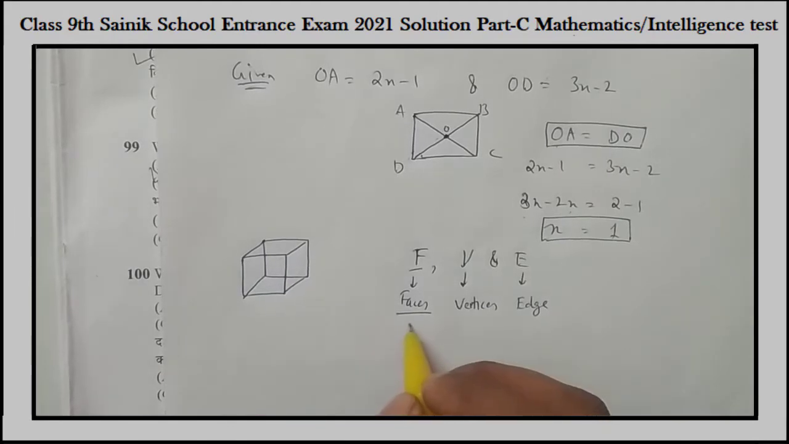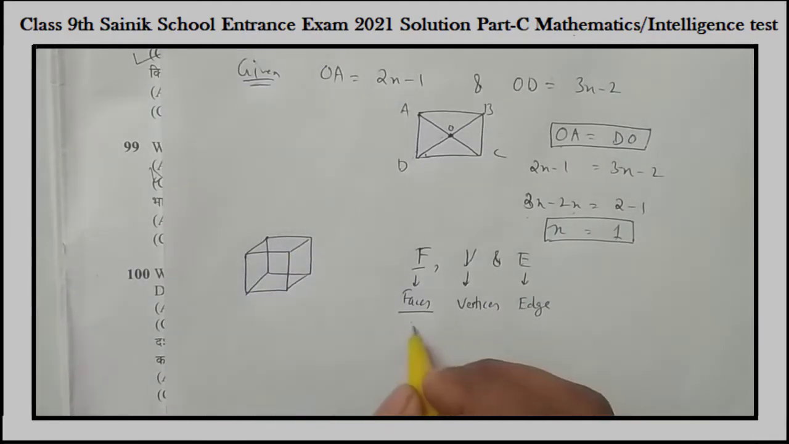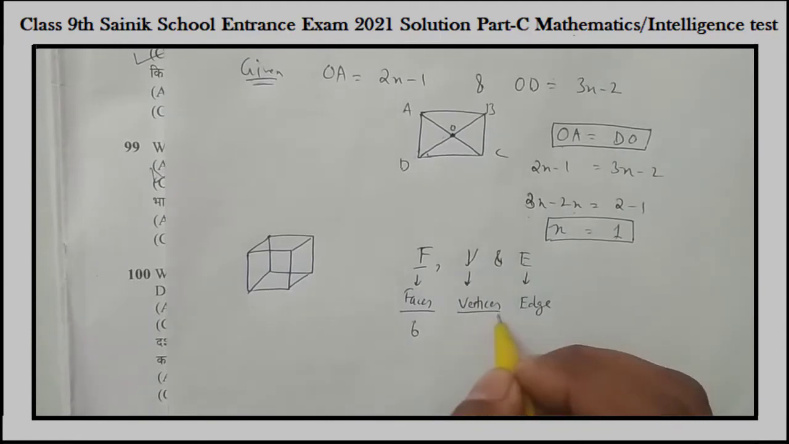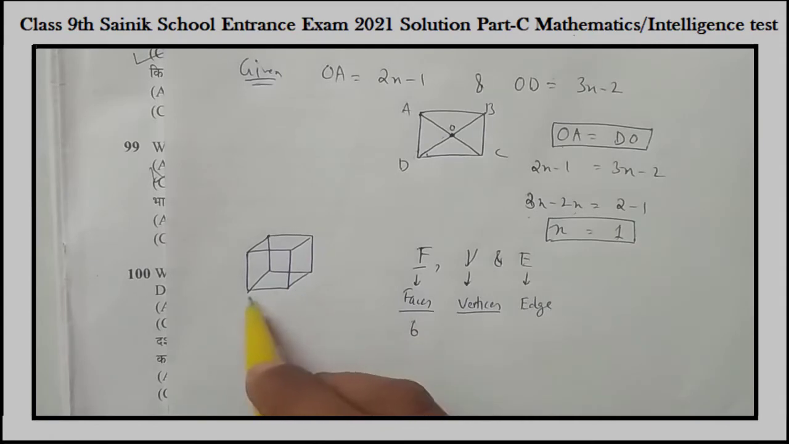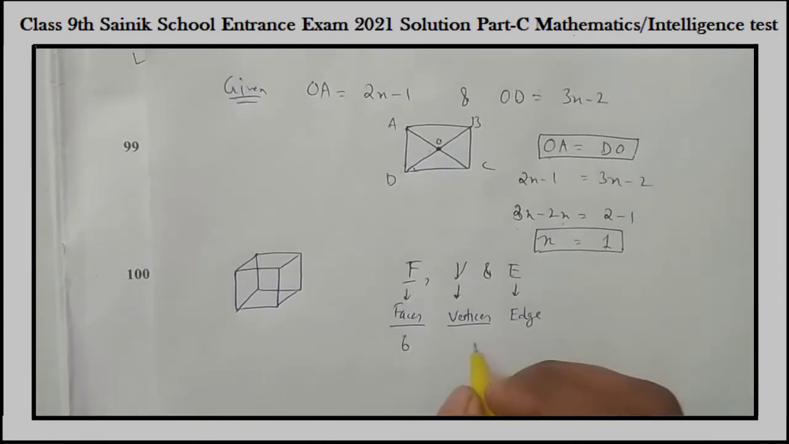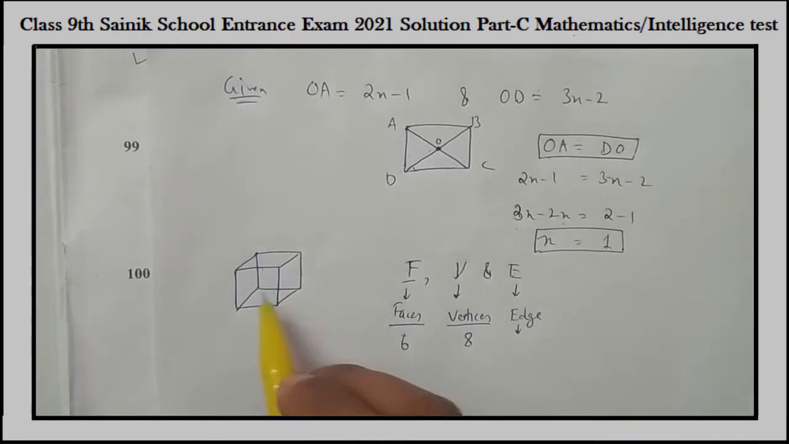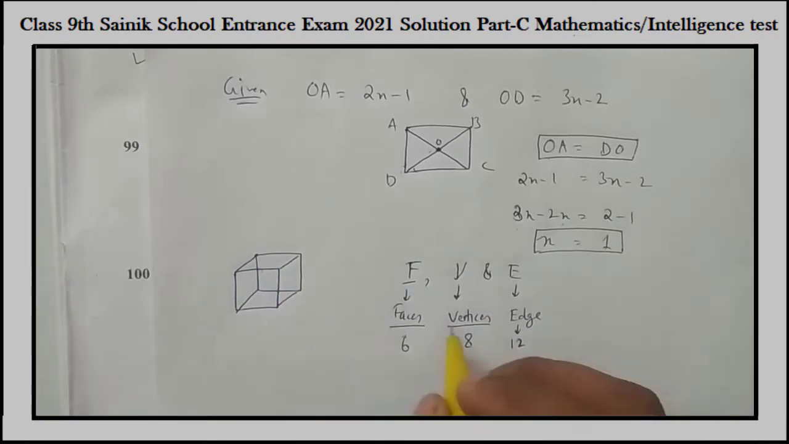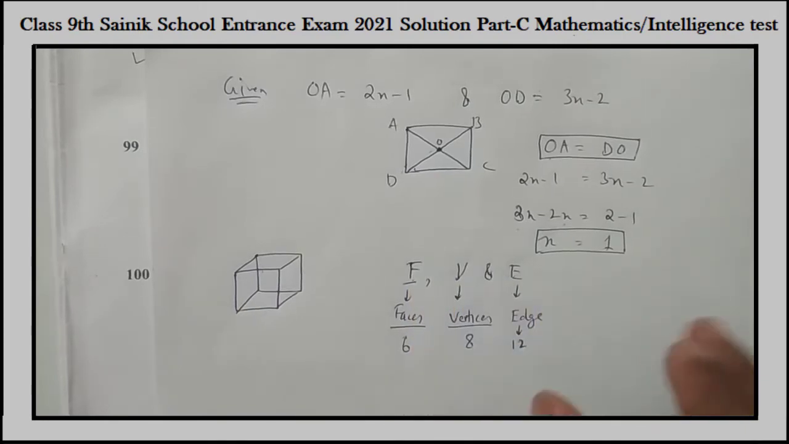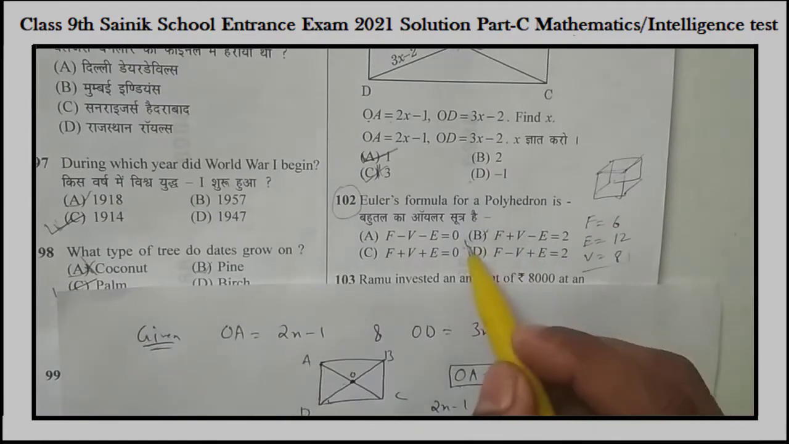So how many faces does this cube have? This cube has 1, 2, 3, 4, 5, 6 faces. And how many vertices? This cube has 1, 2, 3, 4, 5, 6, 7, 8 vertices. And how many edges? There are 1, 2, 3, 4, 5, 6, 7, 8, 9, 10, 11, 12 edges. So when we put the value of F, V, E, we find that the correct option is B, because